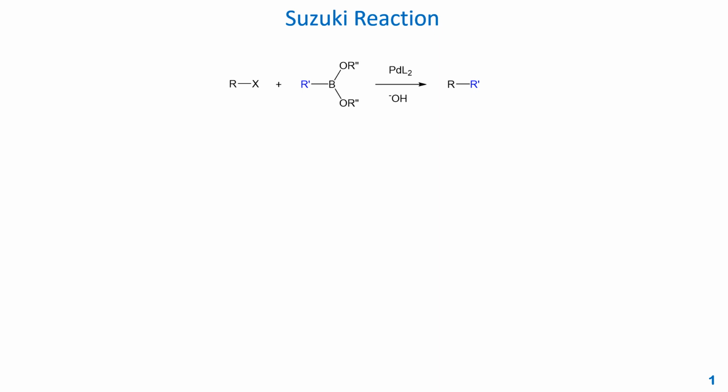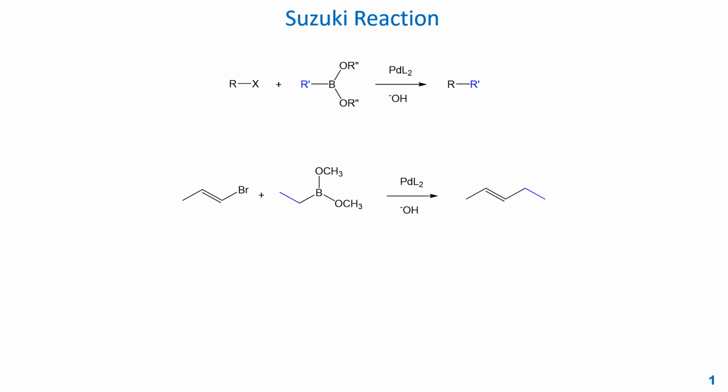We can see two examples. First is this bromide. This is actually vinyl bromide, and then with this organoboron compound, an ethyl group is on this boron, and so this vinyl group and this ethyl group will couple to form this new bond between this carbon and that carbon. So the product is this trans